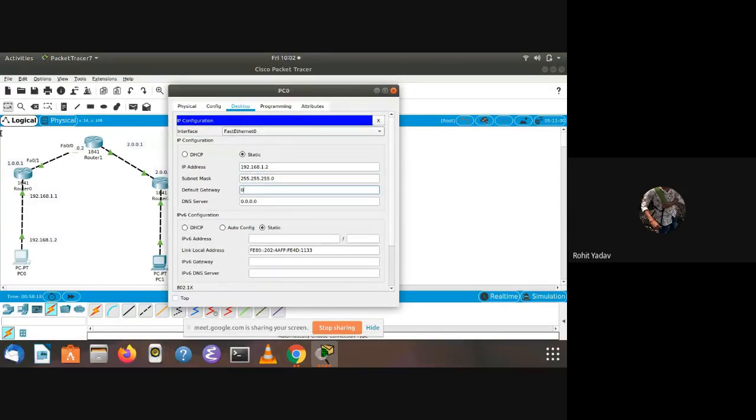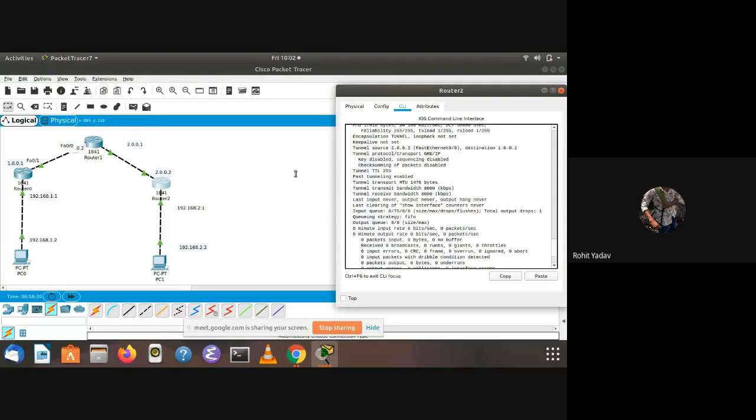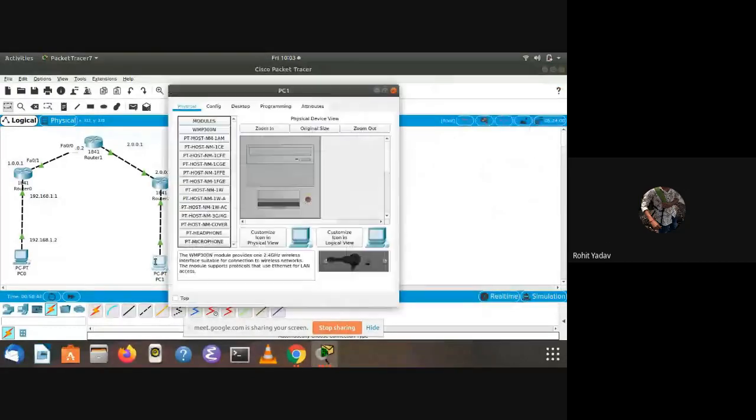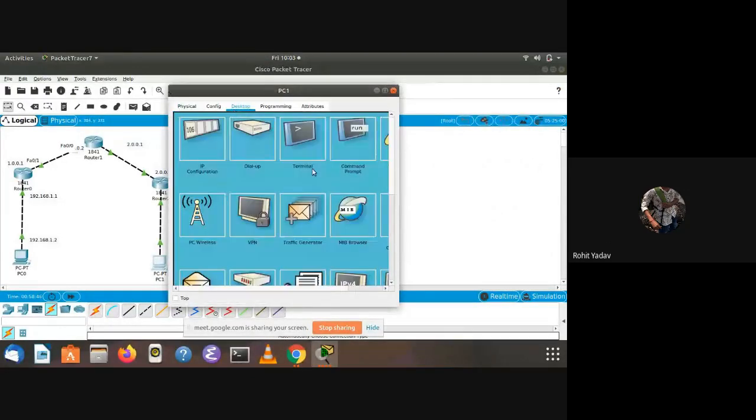This is the default gateway for this PC. 192.168.1.1. I don't know if this is going to work or not. I'm doing it, but I can. I will similarly assign on this PC also.